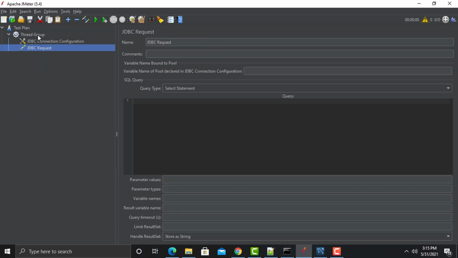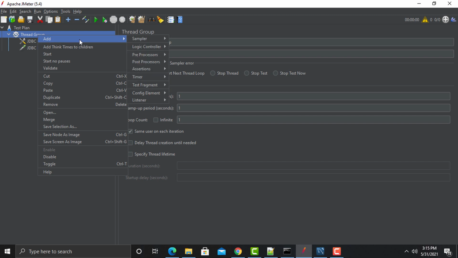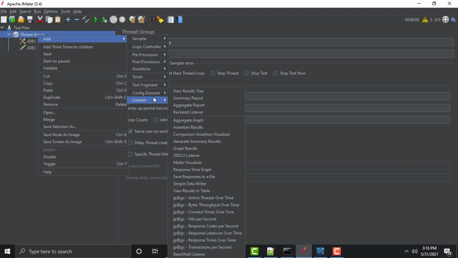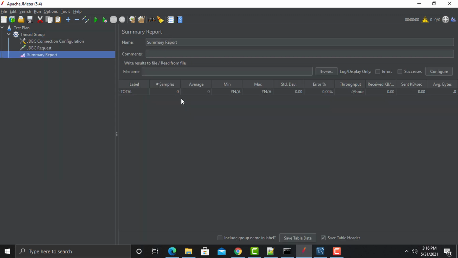Okay, now again click on thread group, go to add, go to listener and add a summary report. Okay, now first what we will do is configure JMeter so that JMeter can connect with